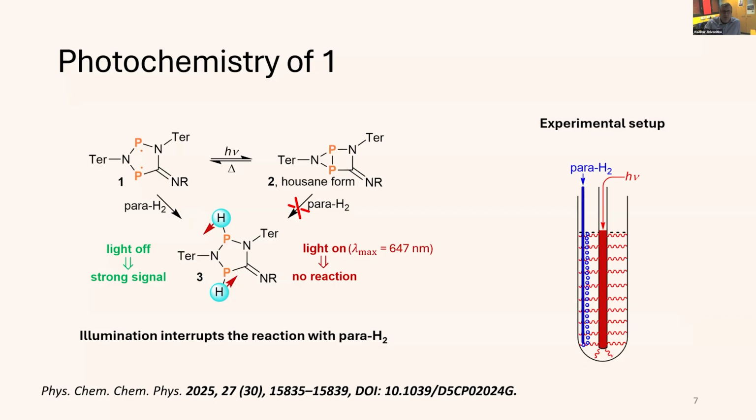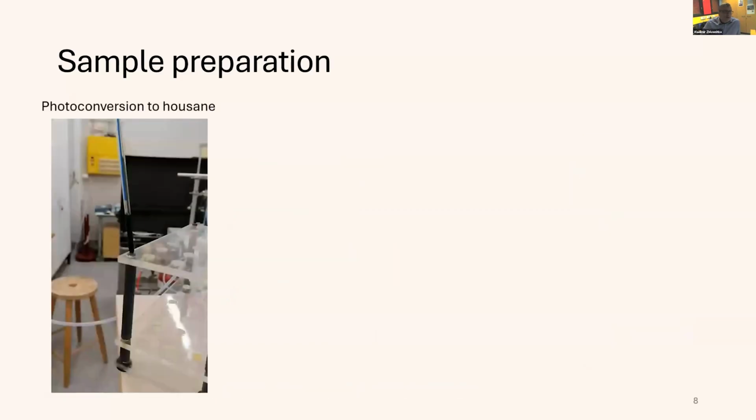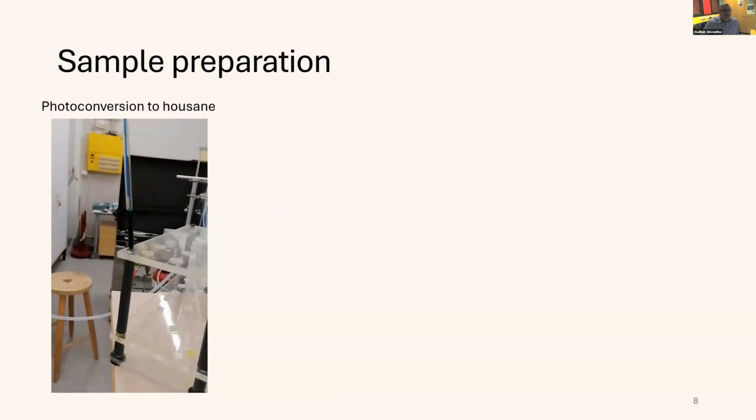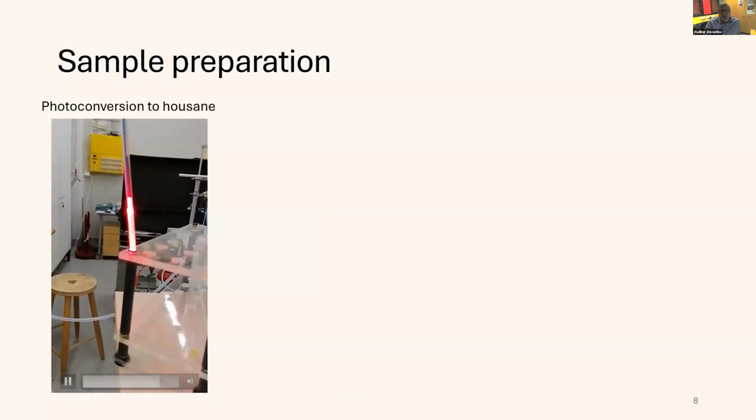So we worked under elevated pressures. The sample preparation in this experiment began with initial conversion of biradicaloid 1 into the inactive Hussein form. We need to switch on the light. And quite quickly, the dark blue solution is converted into something more transparent,